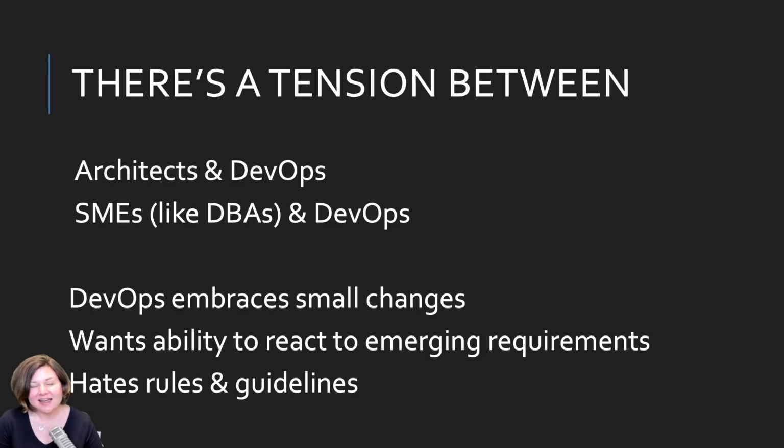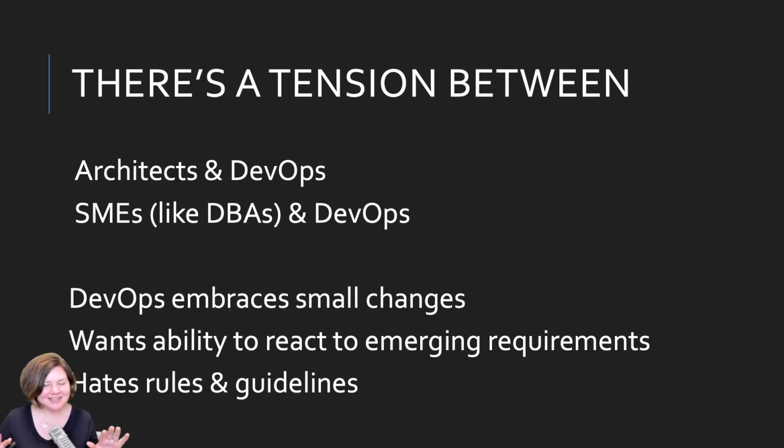There are tensions, the tensions of DevOps. It's not just that DBAs are seen as a blocker in DevOps. There are other folks who have tensions with DevOps too. So, for example, I recently attended some conferences by Gartner. They have an enterprise architecture summit. And I went to these summits and learned a lot about the problems that enterprise architects face in the modern world. One of the big things is that DevOps is really popular, really helpful for organizations. But the classical role of an architect who designs everything ahead of time and says how things are going to be,